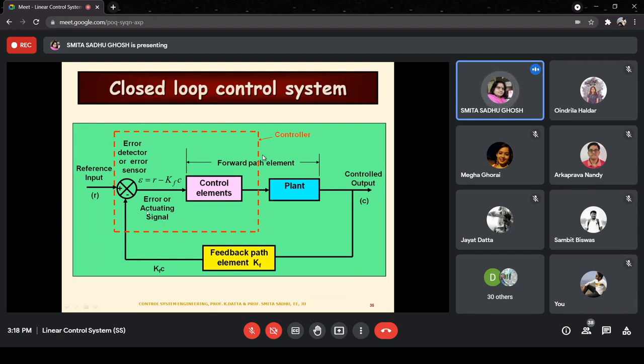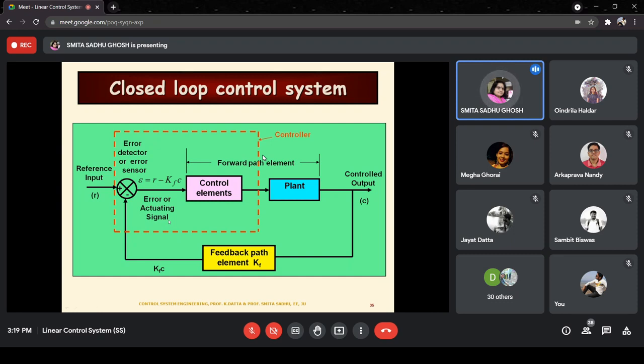Now, in which case is it going to be called an error? It's going to be called an error when Kf is equal to 1, meaning the case when we have a unity feedback. In that case, epsilon will be equal to R minus 1 into C. So R minus C, that is input minus output, is actually the error. On the other hand, for any non-unity value of kf, including if it has dynamics, epsilon will not be called an error, it will be called the actuating signal. Because error, we say, is the difference between output and input, or input and output.